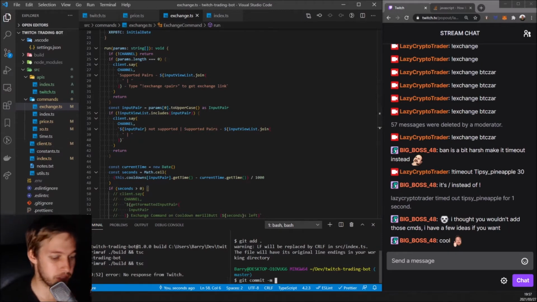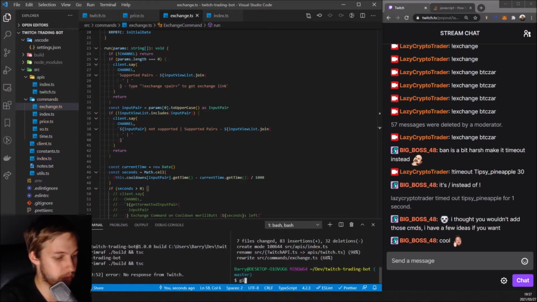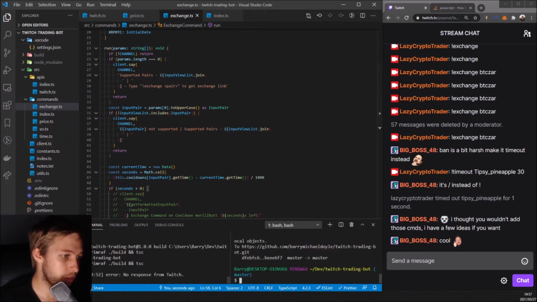Now, all right, I wanted to commit this message. Implemented cooldown for exchange commands. Yeah, there we go. We'll push that up. And it's pushed. Yes, crushing it. Okay, cool. So next up,